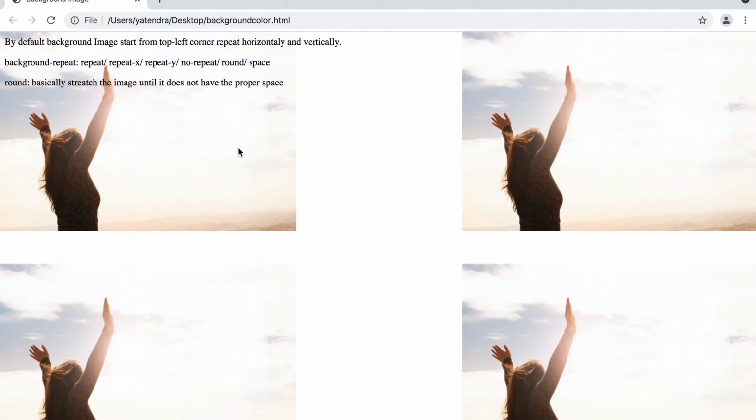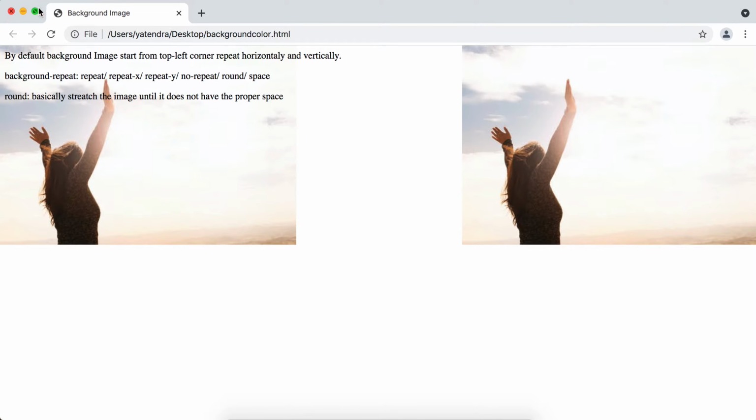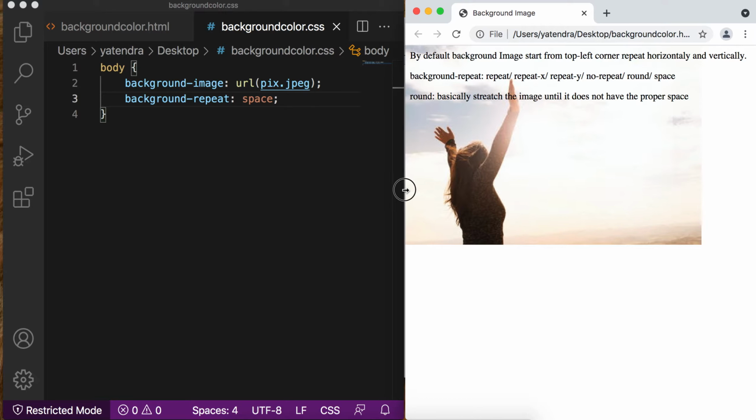Okay, so now this will also have the proper space in the vertical form, so it also repeats the image in the vertical section. So it simply adds the space, and round property basically stretches the image until it has the proper space for the repetition. So we can say